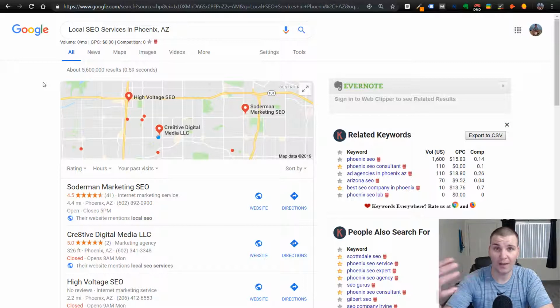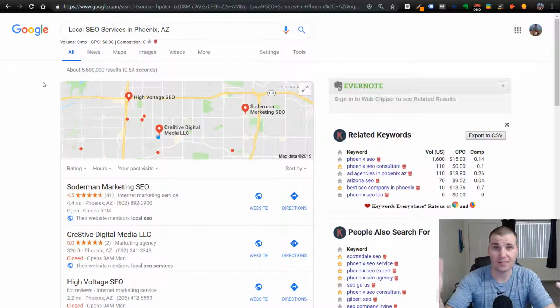The primary reason why businesses, small businesses especially, need local SEO is, as I mentioned, it enables your customers and prospective customers to find you on Google. If they can't find you, they can't do business with you. Some other benefits are increased website traffic, attracting more qualified leads, raising brand awareness, and ideally all of those combined